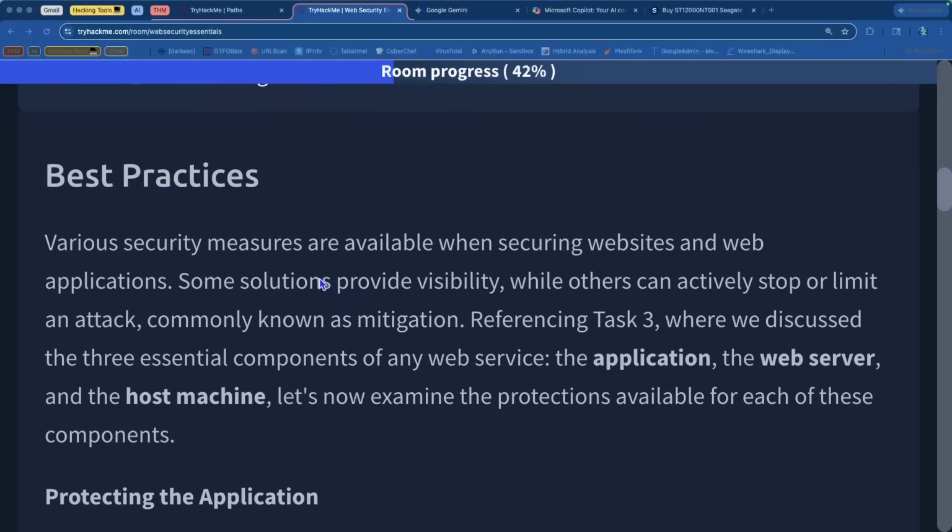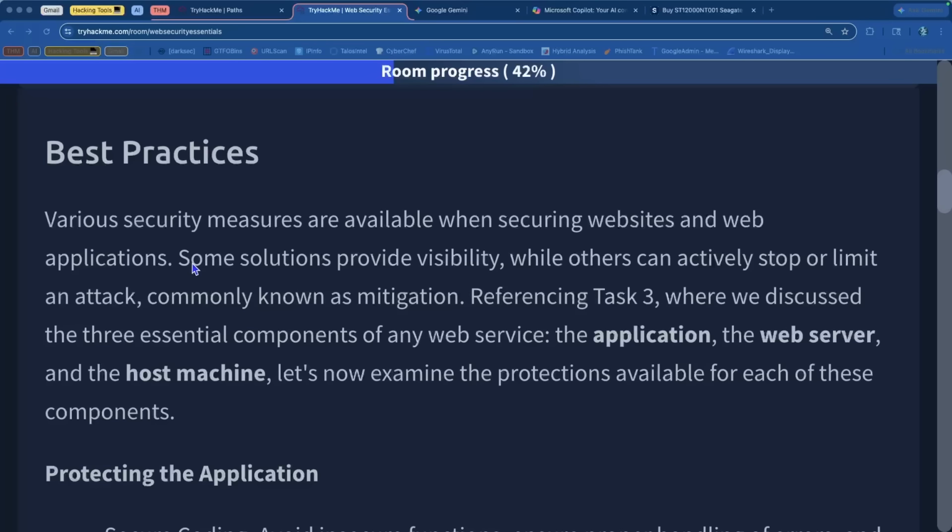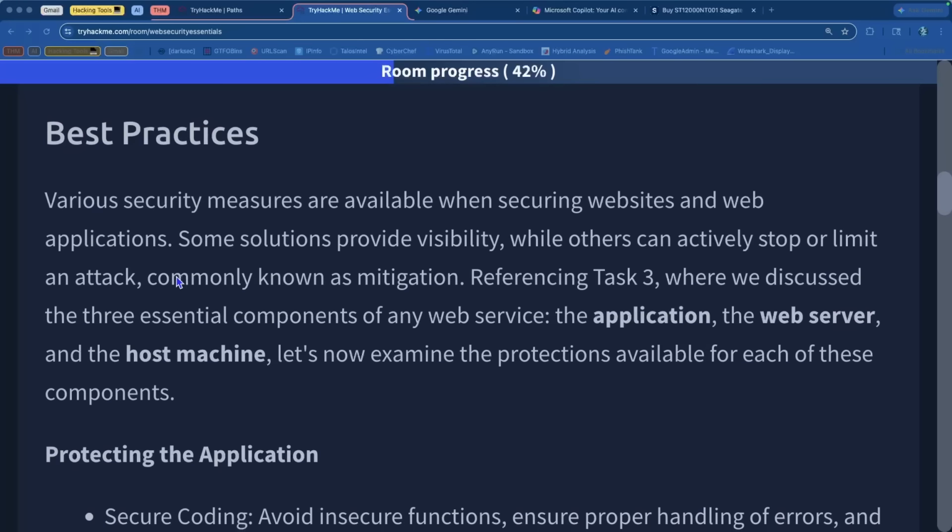So, to protect the web, the best practices are often very, very simple and very, very basic. It's just that they're so important that you have to do them. And if you don't do them, you leave yourself open to very, very horrific